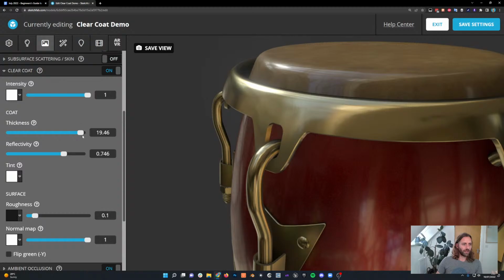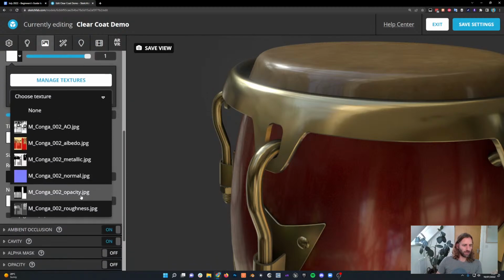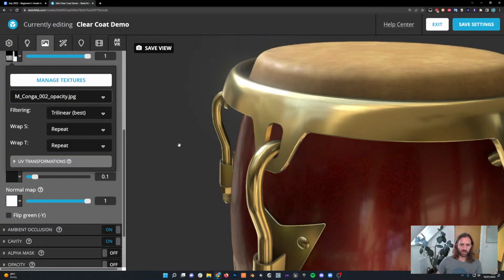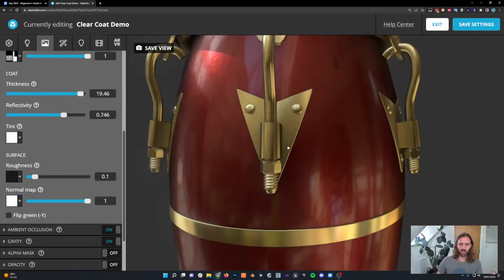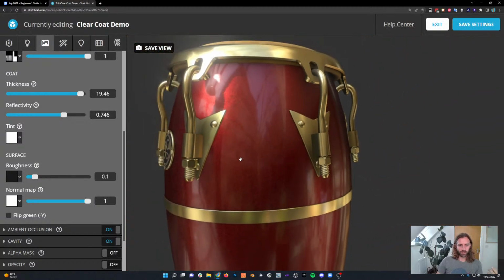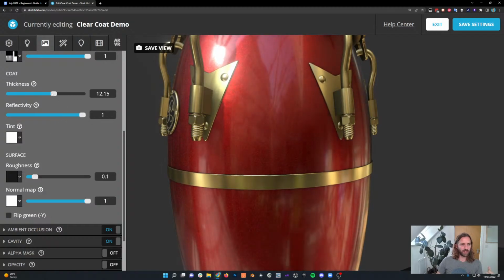and we're going to use a texture. They've named it opacity, but basically this is going to mask our clear coat. So now we don't have the clear coat on the top of the drum, it's only on the painted body of the drum. And so when we adjust the settings,